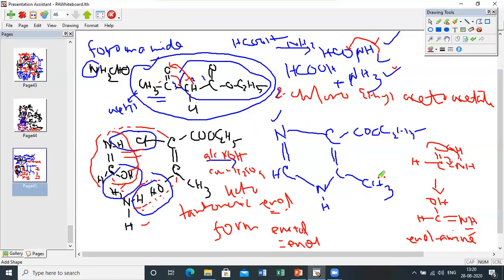Having the CH3 here, having the COOCH. Why? Because it will be required afterwards to make the cimetidine, the whole drug. But the 5-membered ring is formed, and here I have got the 2 nitrogens at 1,3 positions with 2 double bonds. You see, 1 double bond here and 1 double bond here. So you can see how strategically the reagents are chosen so that I can get the imidazole ring, which is required for cimetidine.